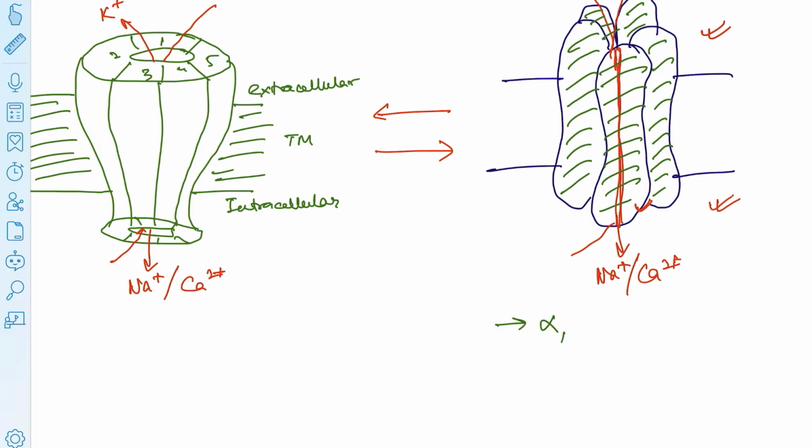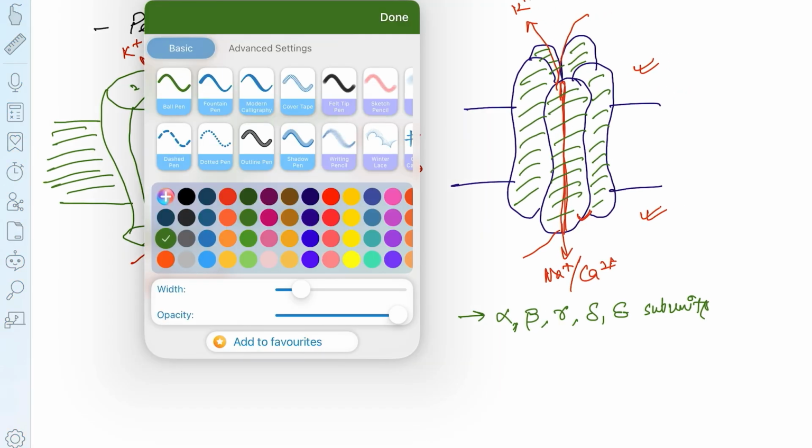So we can have alpha, beta, gamma, delta, or epsilon subunits, right? Now they are arranged in different ways, in different combinations, to form a complete nicotinic receptor. Okay, so before discussing more about their arrangement, I would like to tell you that nicotinic receptors are basically of